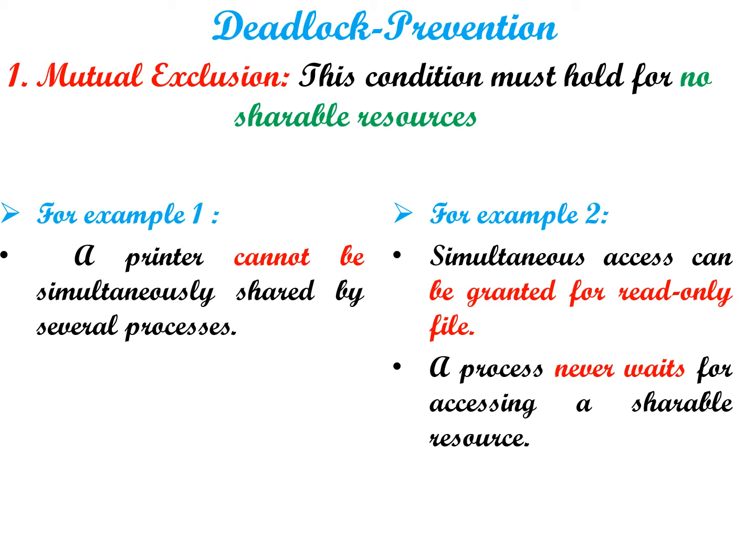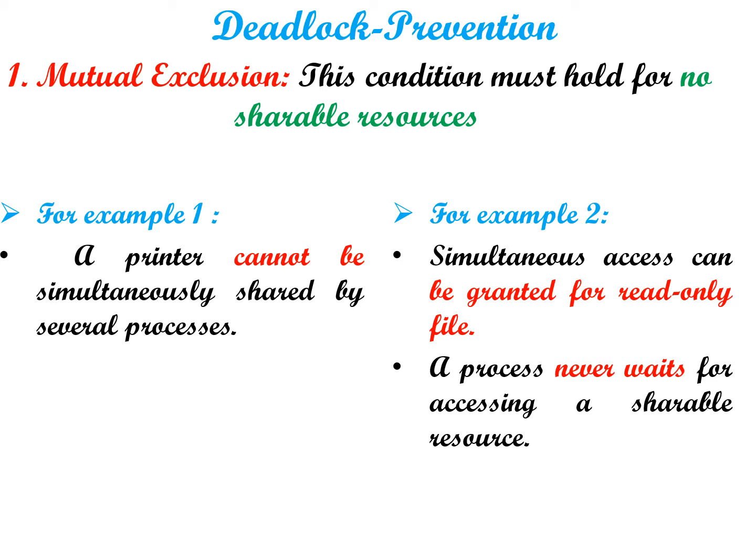For example, a printer cannot print documents of two users at the same time, right? If I have one printer, it can print only one user's document at a time. The printer cannot be shared by two users. On the other hand, I have a file whose permission is set to read only. That read only file can be accessed by multiple users at the same time.